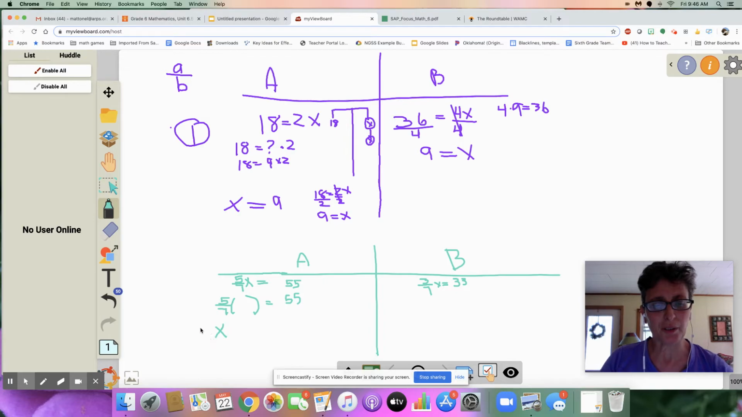So I'm going to take my 5/7, and I'm going to divide both sides by it. And remember, when you keep, turn, flip, I'm multiplying each side in order to get 1. I'm going to multiply each side by 7/5. And there's my 1. And so keep, turn, flip, 55